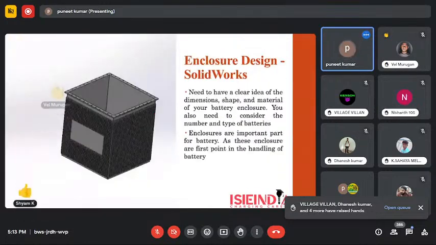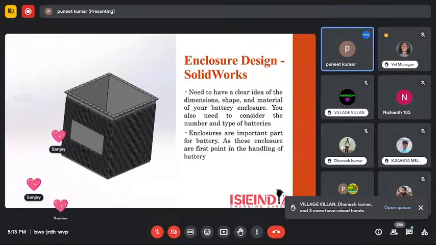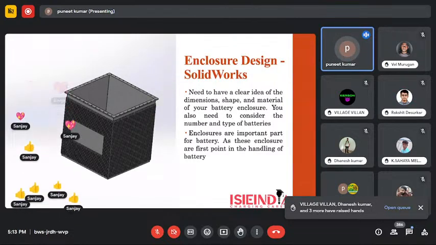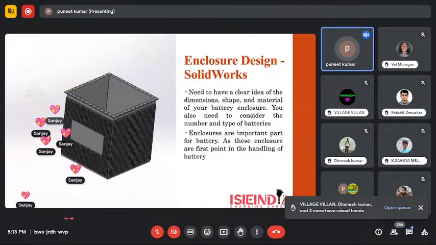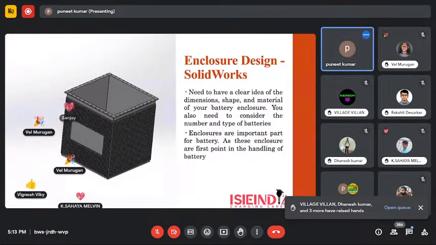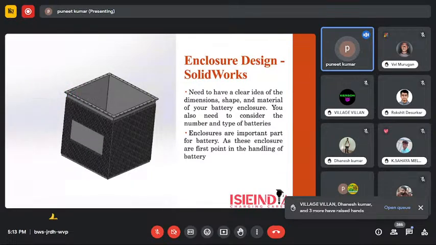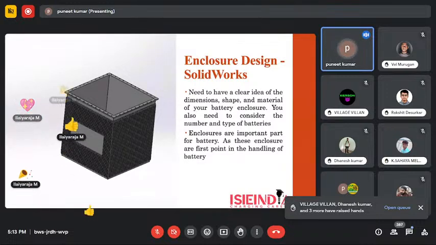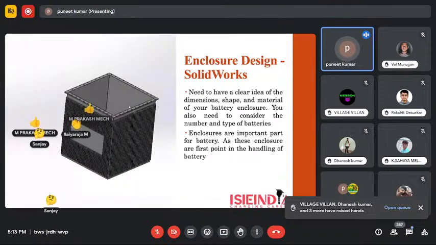So for the battery enclosure, the shape and size you see on the screen is for the electric bike, right? For these, we can change the patterns and shapes of the enclosure, but generally they are cuboids rather than cubes, and they have external fins. Suppose your material is heated, so these